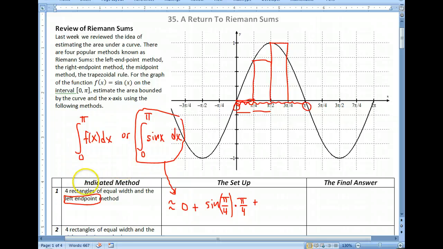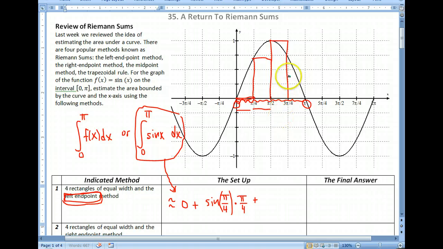But this question is asking for a left endpoint. So you have to use left endpoints for every rectangle. And then this would be sine of pi over 2 times pi over 4 plus, and then the last one,